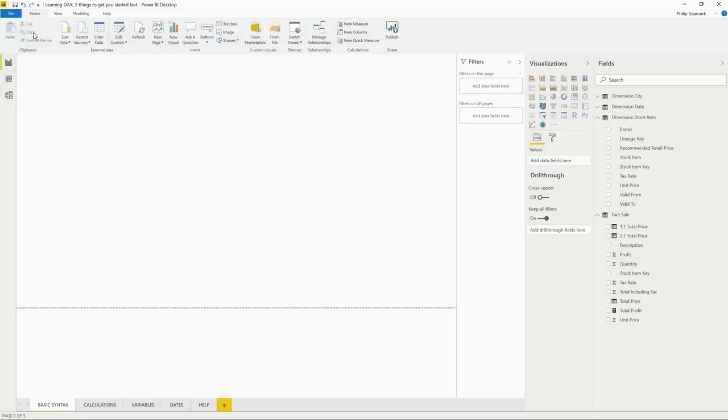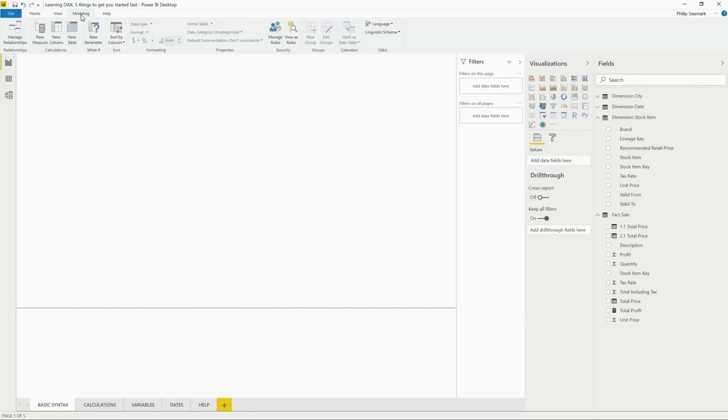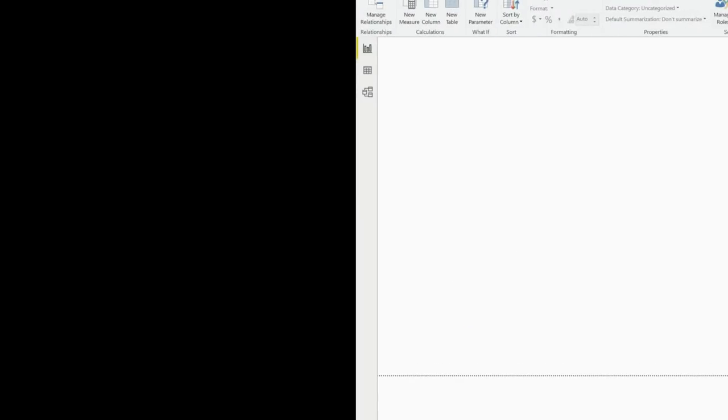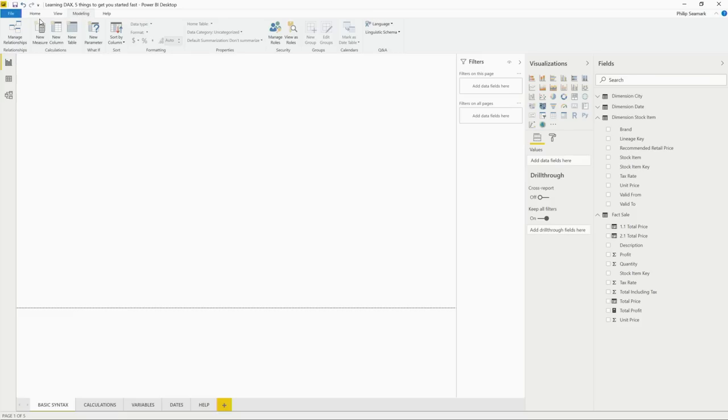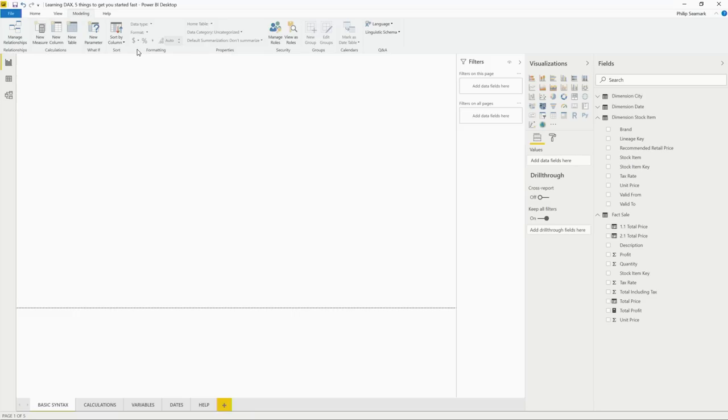So in Power BI Desktop, we have a modeling tab. I'm probably not using the best zoom here. I'll try a different zoom. Okay, that's not ideal. So in the modeling tab, I'll explain this because the zoom is not working that well. There are 3 buttons that you can click on. You can create a new table, a new column, or a new measure.